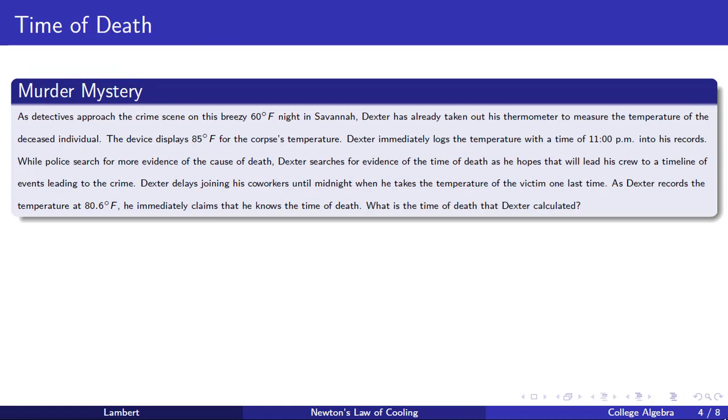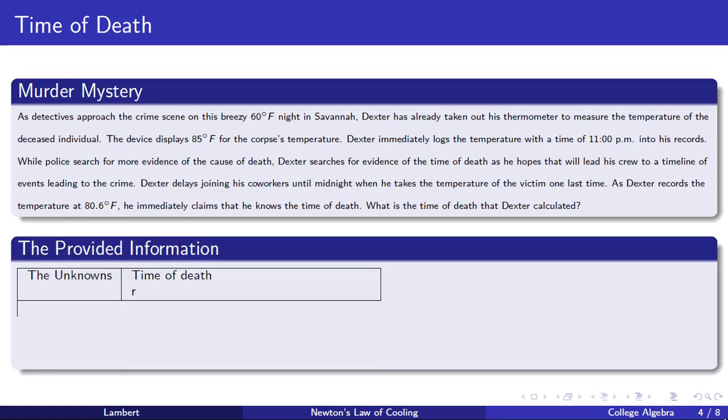Taking a look at the problem a little bit more, we need to organize some information. So we have a lot of information in here. We need to know what T sub O is, T sub I is, T sub S, and little t, and that whole song and dance. So the unknowns, what we're really unsure about, is the time of death and that r value, that rate of